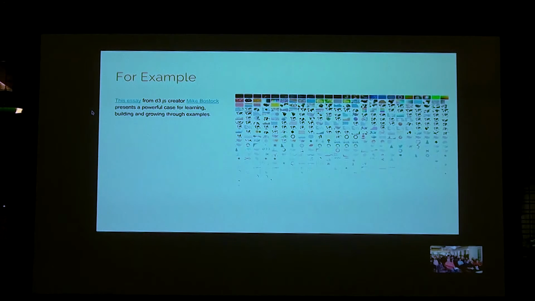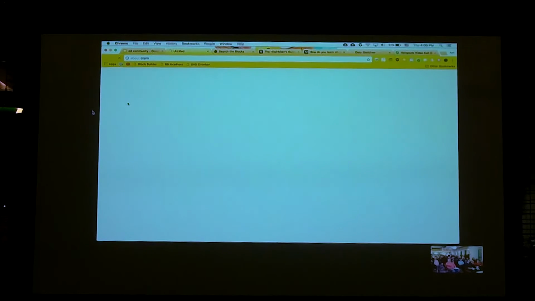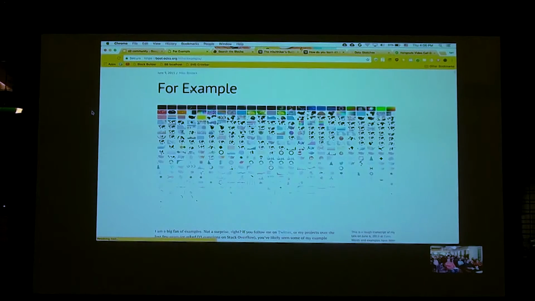But in this essay, Mike, the creator of D3, sort of outlines many ways in which examples can be useful in developing your own visualizations. If you're trying to do a complex visualization for a bigger project, breaking up the techniques into smaller pieces. And I'll just open it briefly so you get a visual sense for what you might get.